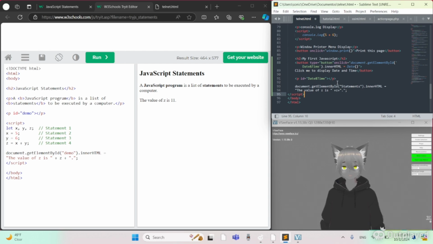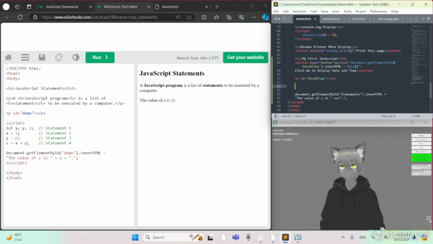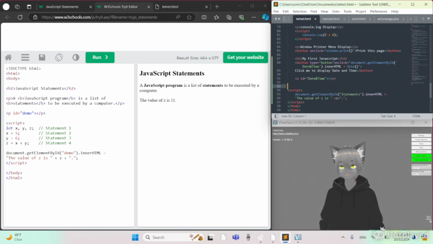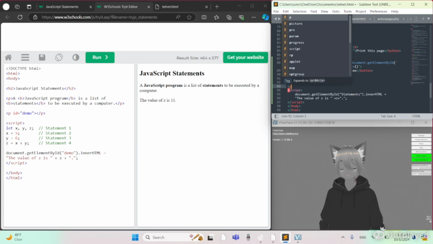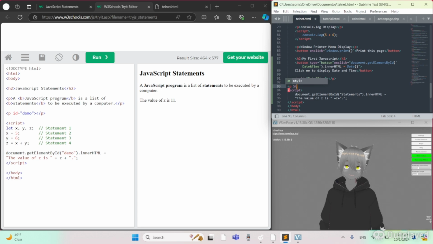Let's see, so right over here we're missing something. By x, y, z. Okay, document getElementById. Alright, so up here we need to add in script. And then here we need to add in the paragraph with the identifier, which we set it to statements. ID equals double quotations, statements,